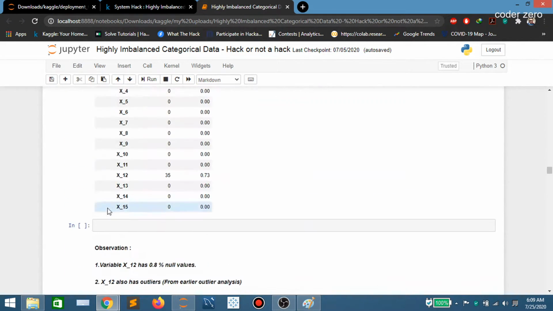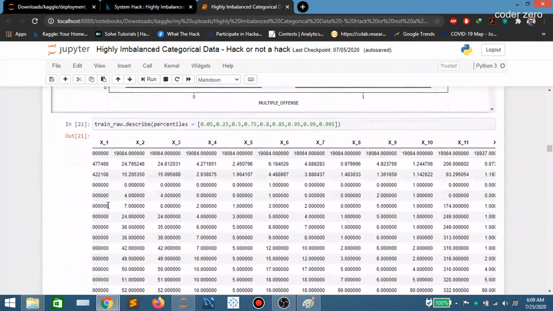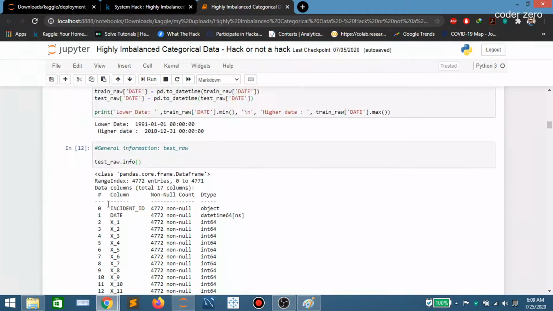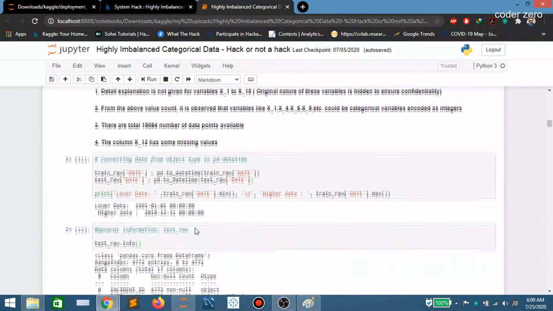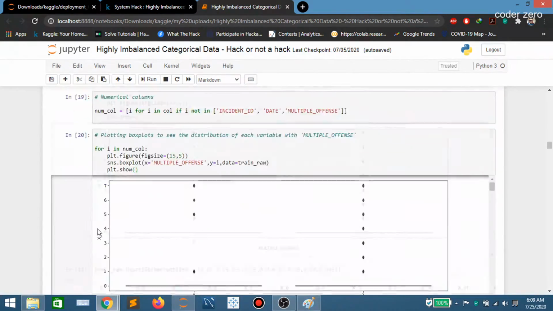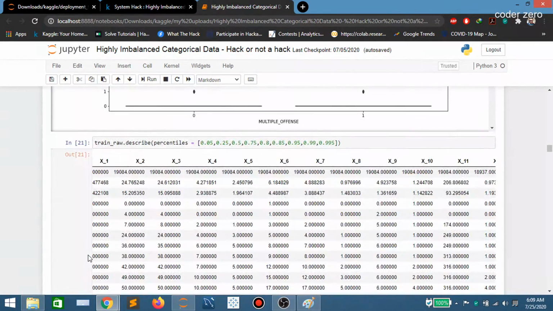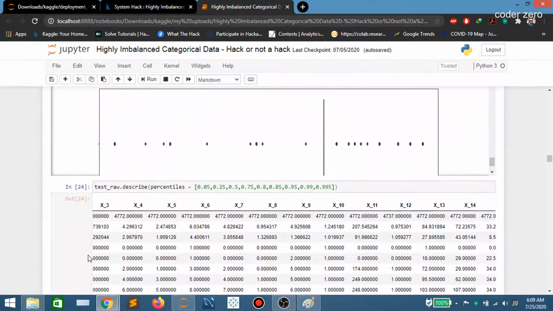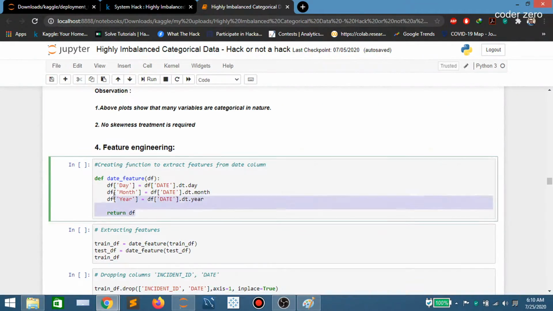So guys, remember, we have converted the data from the date column from string type to datetime object. That's why we are able to extract date, month, and year separately from the date column. So we have created this function to extract each value.